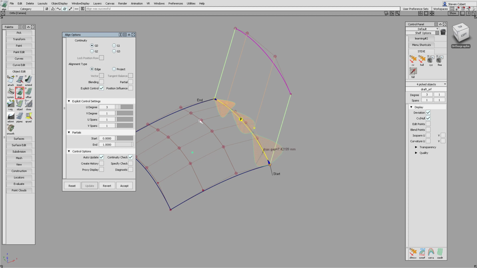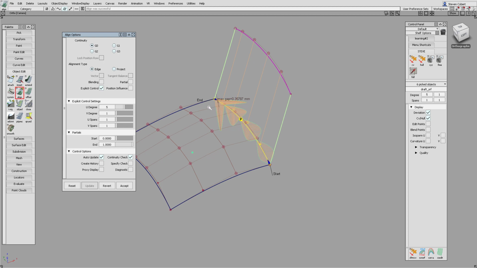Now the degree of this surface is degree 5 going this way. We might expect that if we increase the degree of this surface to 5, then we'll get an alignment. But unfortunately that's not the case. So the gap has come down, it's only 0.35 or so. But the reason we're getting a gap is because the CVs of this surface don't line up exactly with the